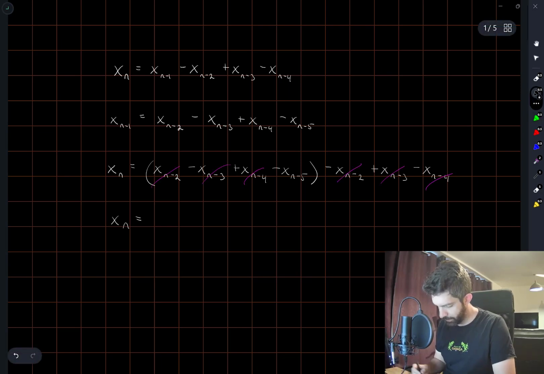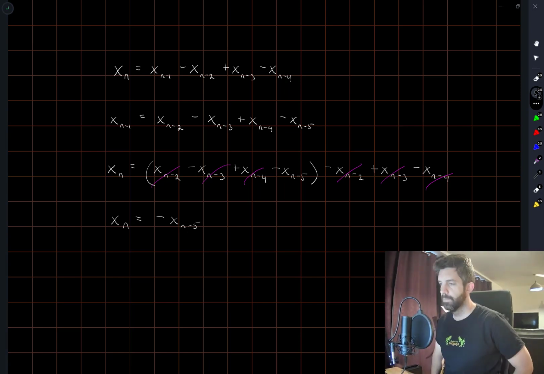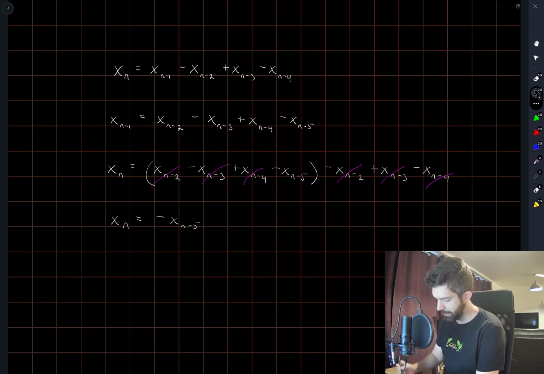Okay, so the way this works is the sequence repeats every 5 terms, but with alternating sign. Let me just make sure I did this all correctly. Yeah, this should work. So if I subtract multiples of 5,